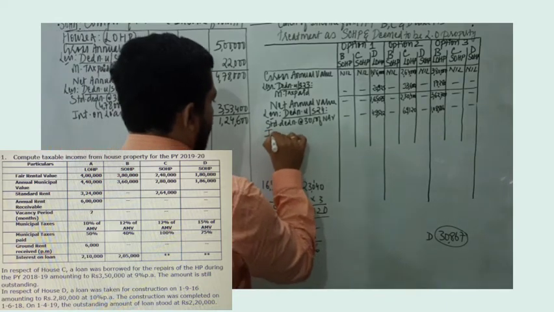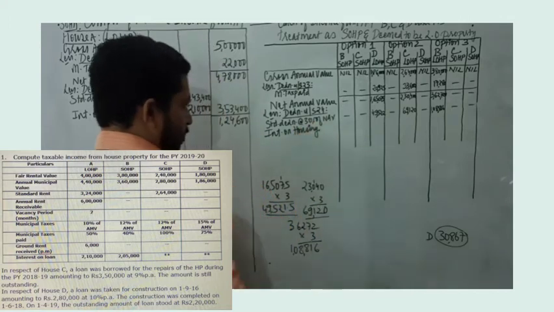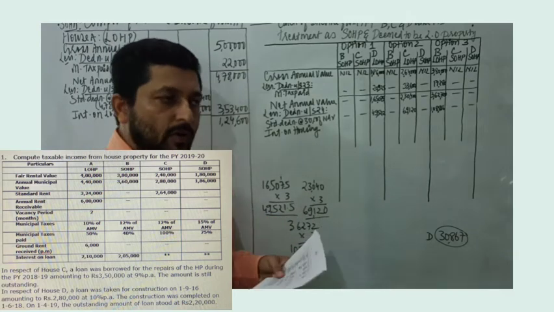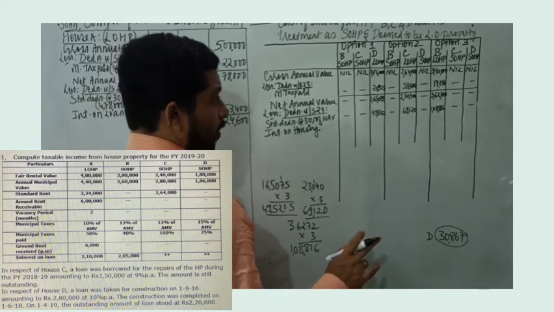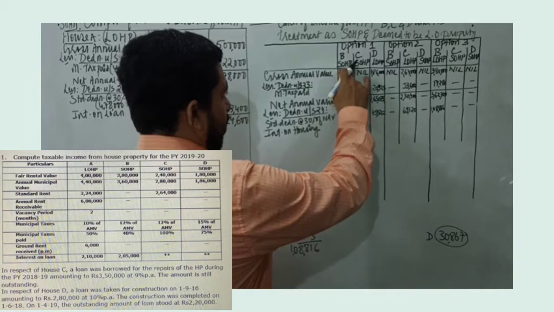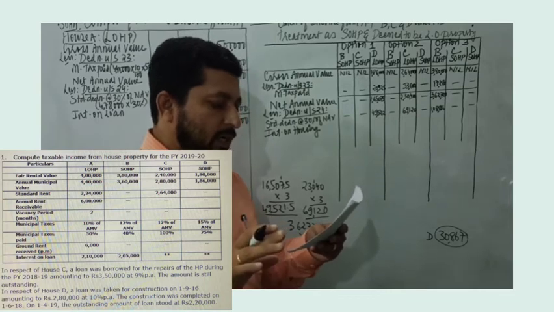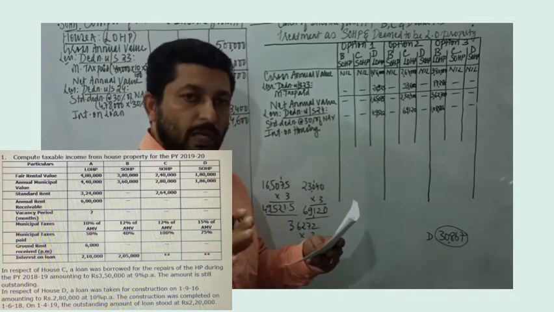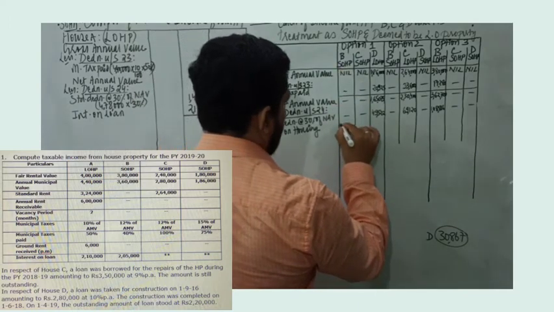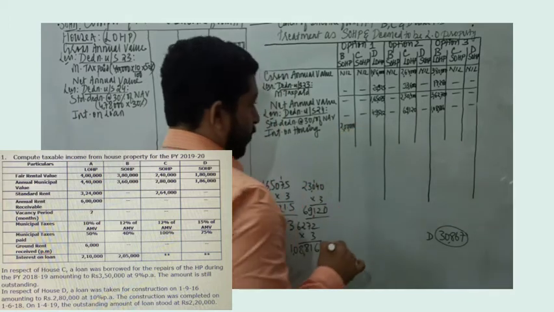Then we have interest on loan. Now, a very important aspect in this particular problem. Interest on loan. As far as house B is concerned, interest on loan given is 2,05,000. Remember, if I have to write self-occupied house property, the maximum amount of deduction: there is no mention whether it is purchased, reconstructed, repairs, renewal. So we assume it is purchase or construction, and the maximum amount of deduction is 2 lakh rupees if it is a self-occupied property.